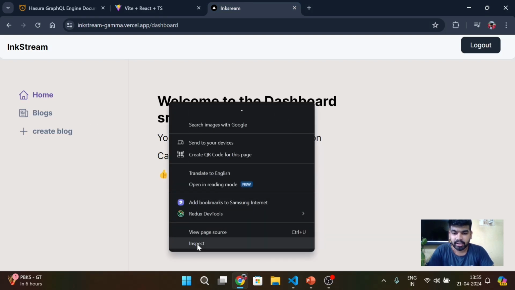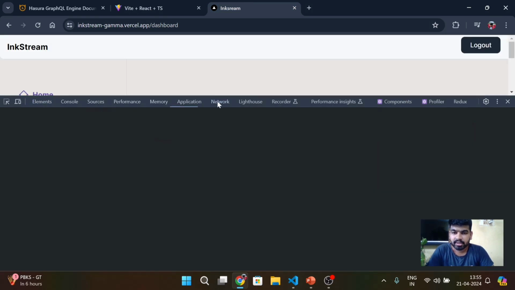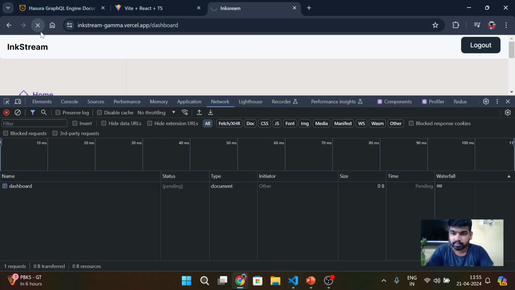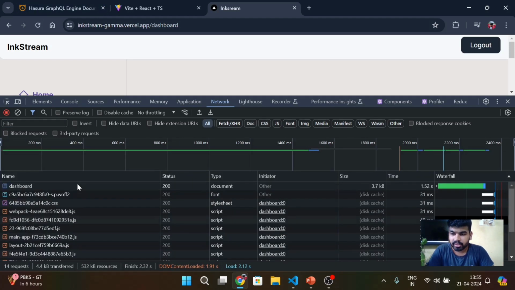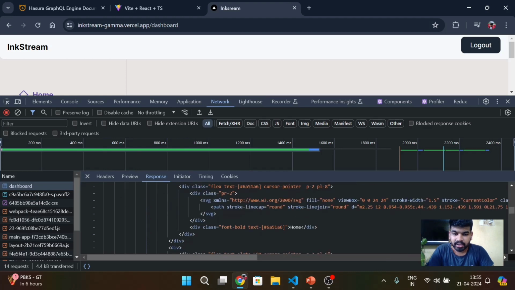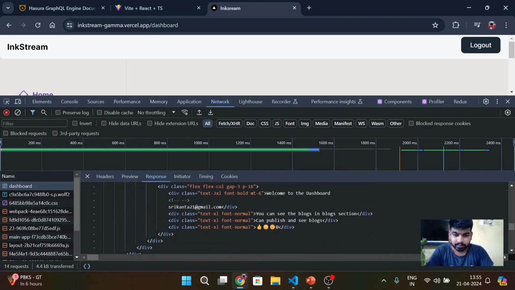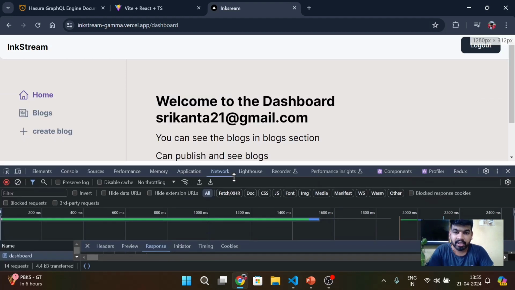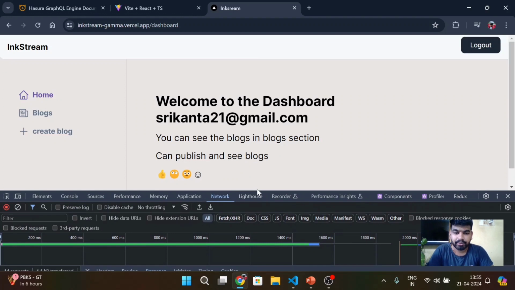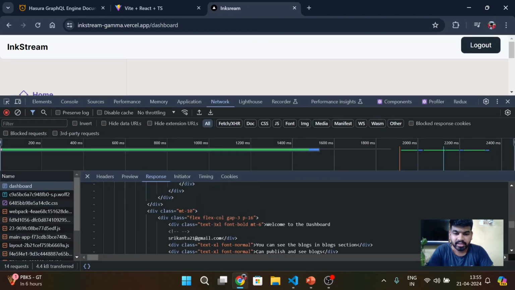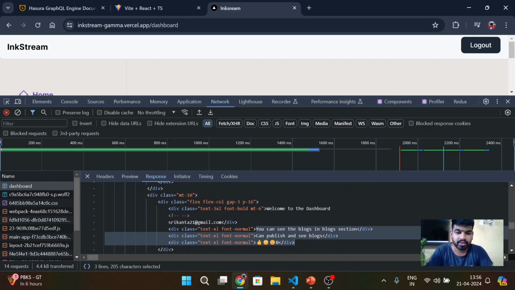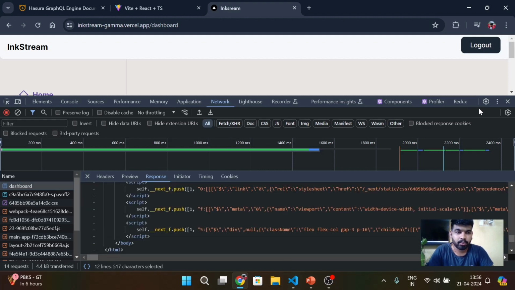if you could see, when I sent the request, we can see everything is pre-rendered. We can see all the content. This is pre-rendered on the server and sent back to the client, to the front end. So everything is pre-rendered. If I go to the blog section also,